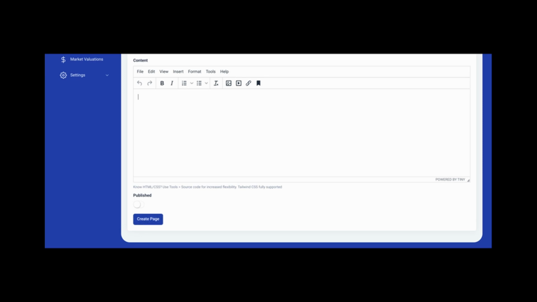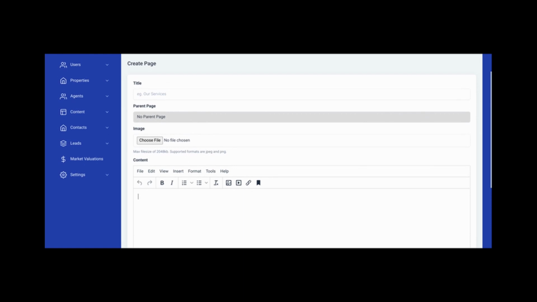Please note that once you've created a page, it will generate a new URL slug which you will need to take note of in order to navigate towards this page. Again, please see the videos on either the navigation or the footer blocks in order to add